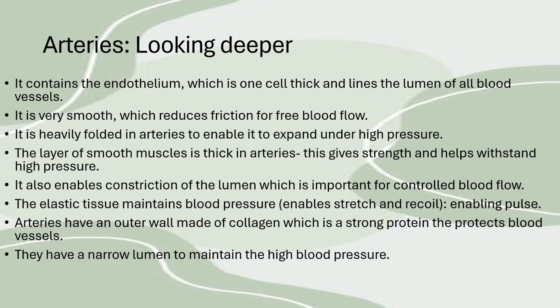And then the layer of smooth muscle is thick in arteries. This gives strength and helps withstand high pressure. It also enables constriction of the lumen, which is important for controlled blood flow. The elastic tissue maintains blood pressure, which enables stretch and recoil, enabling pulse. This is why you have the pulse you feel when you place your fingers on your wrist, from the arteries. Arteries have an outer wall made of collagen, which is a strong protein that protects blood